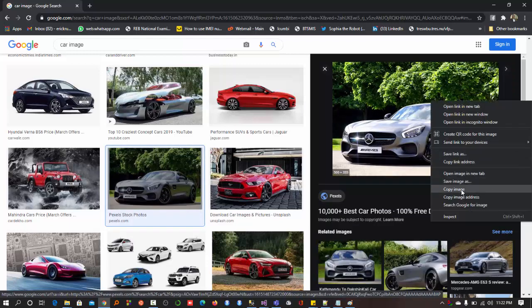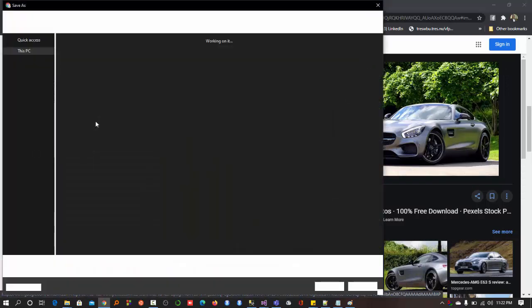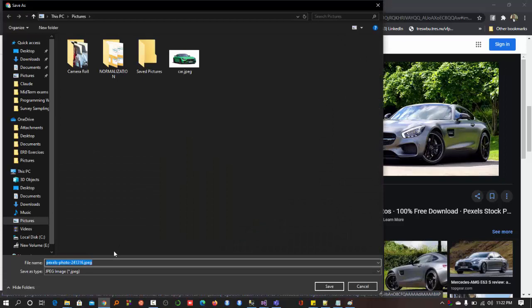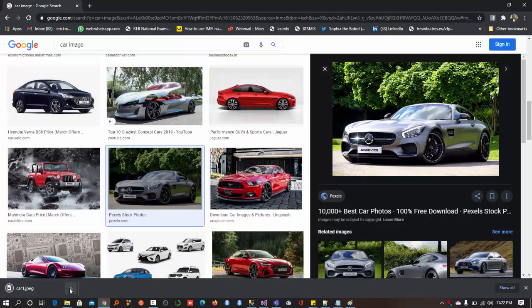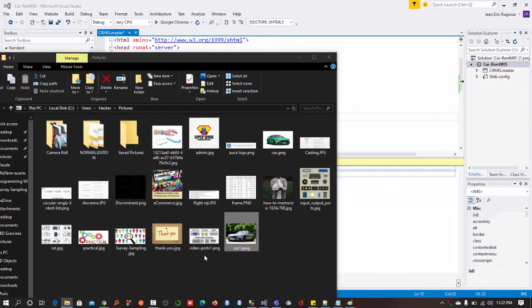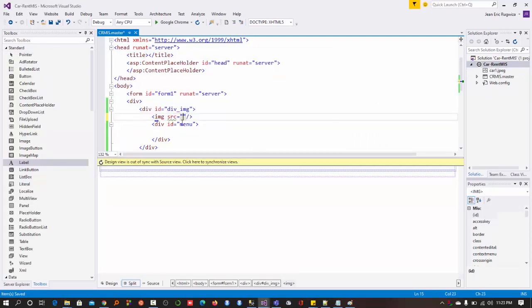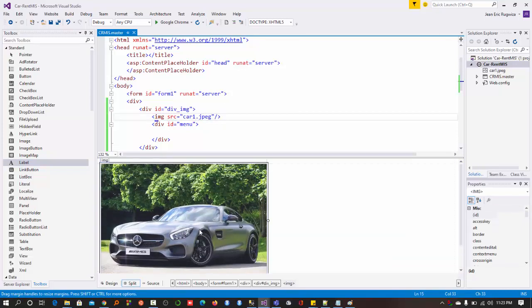Great. Let me go to save image as, and I will locate pictures, and in pictures let me call it car1. After this car1, I can click here on view in folder. Then I can drag and drop my car. If I click here again, I will see the car image coming. If I do save, wow, my car is there, but as you can see, it is a bit